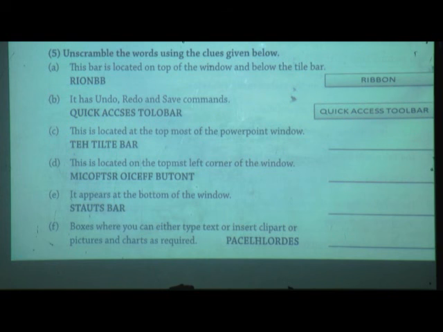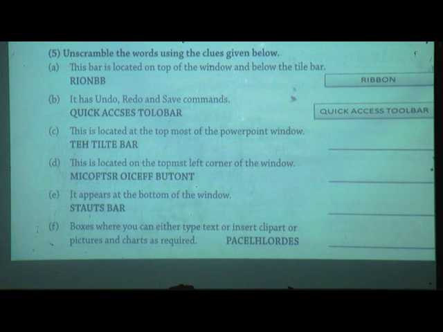Now third one, this is located at the topmost of the PowerPoint window. Which is the topmost bar of the PowerPoint window? Spelling is also given: TEHTILTEBAR.